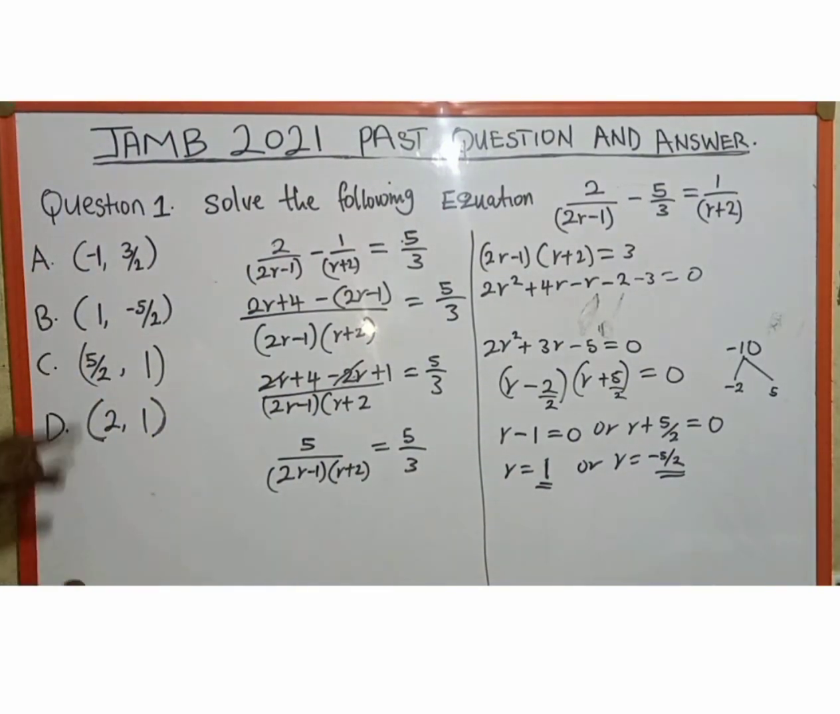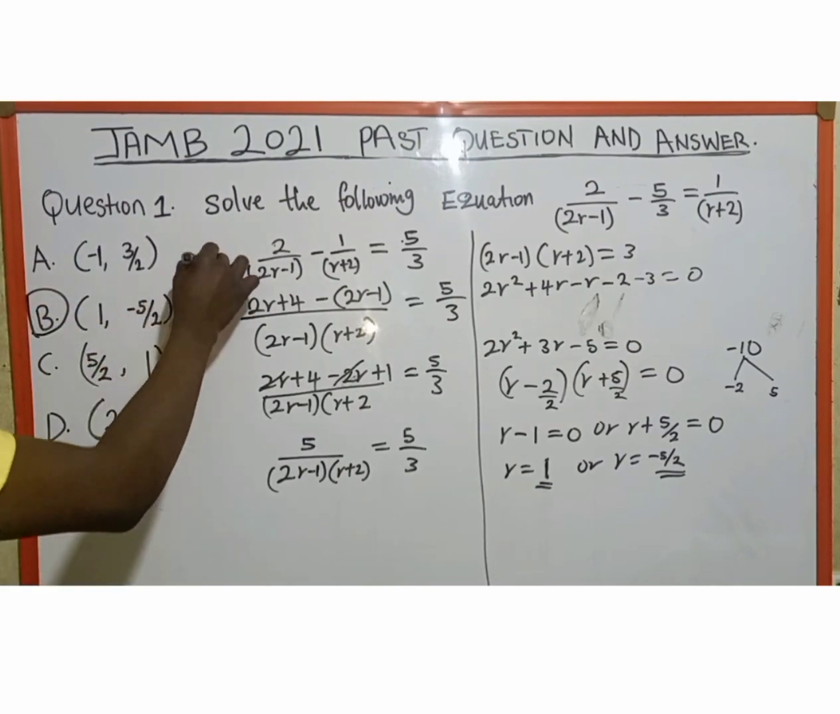If you look at our options, option B has +1, then -5/2. So this is the correct answer. But in JAMB,